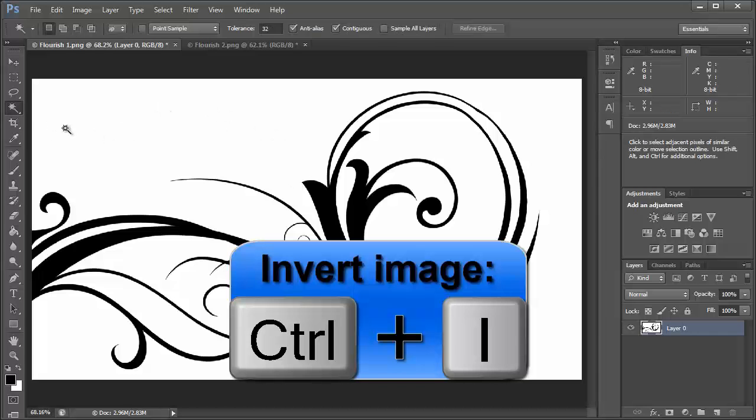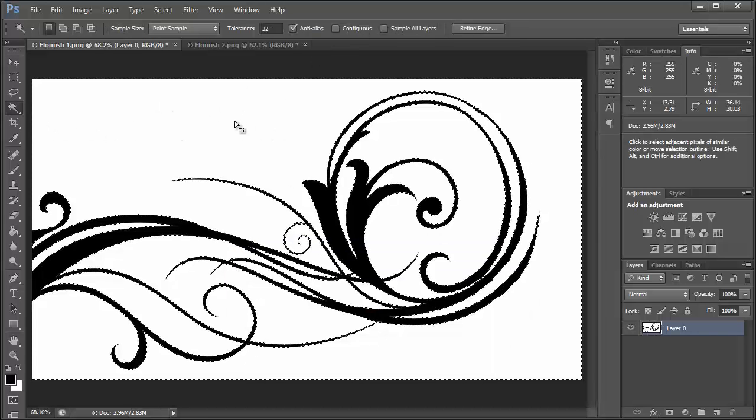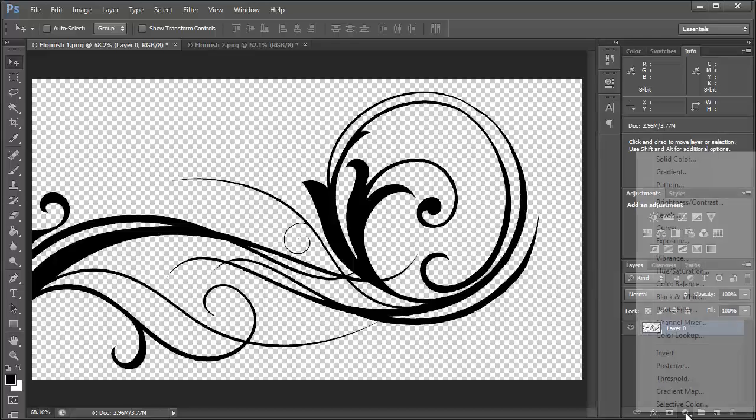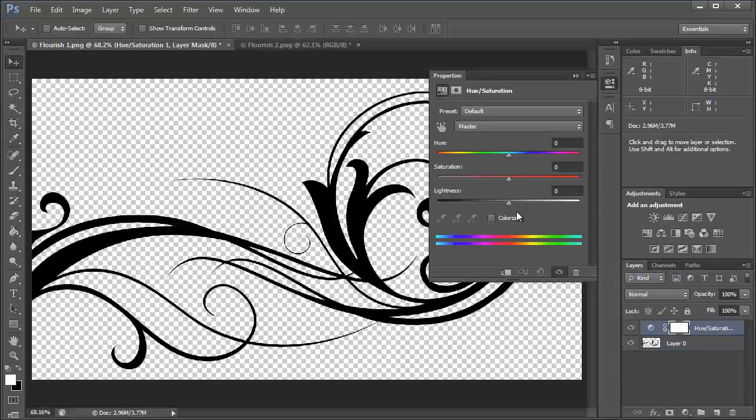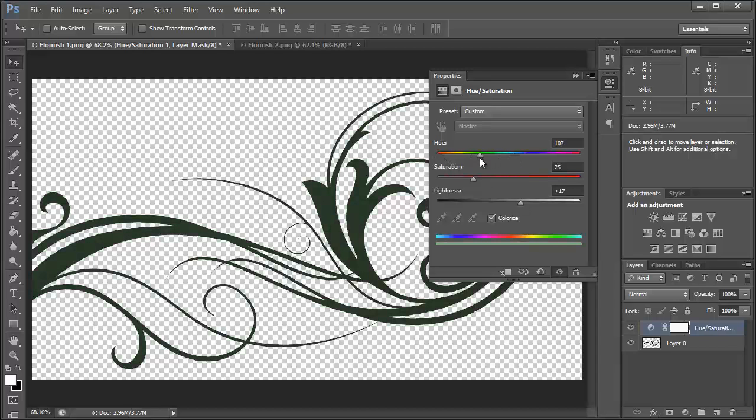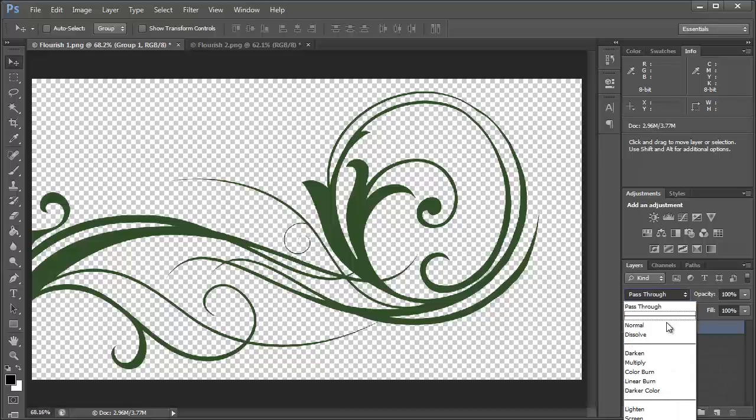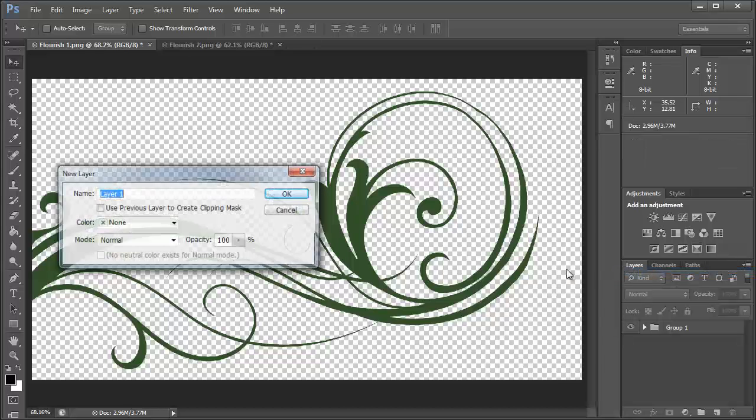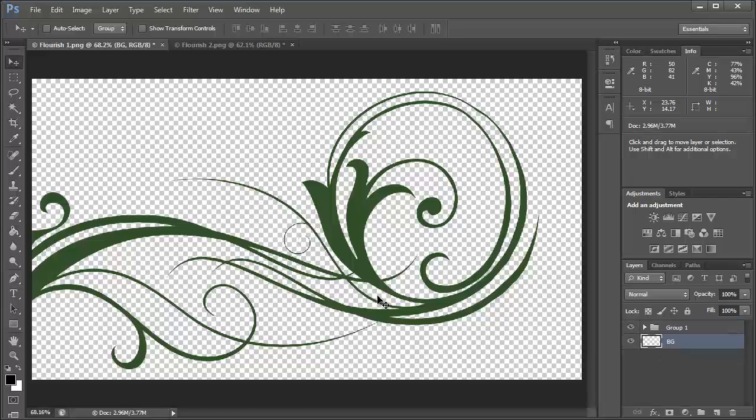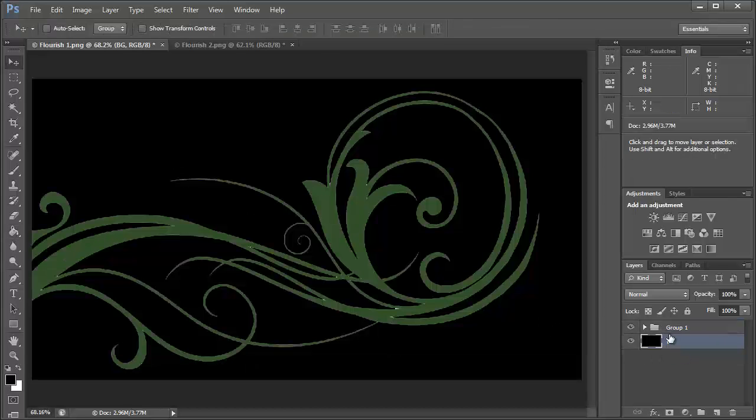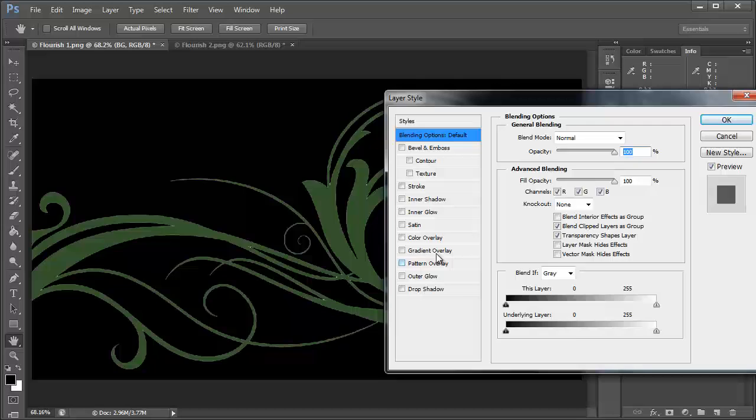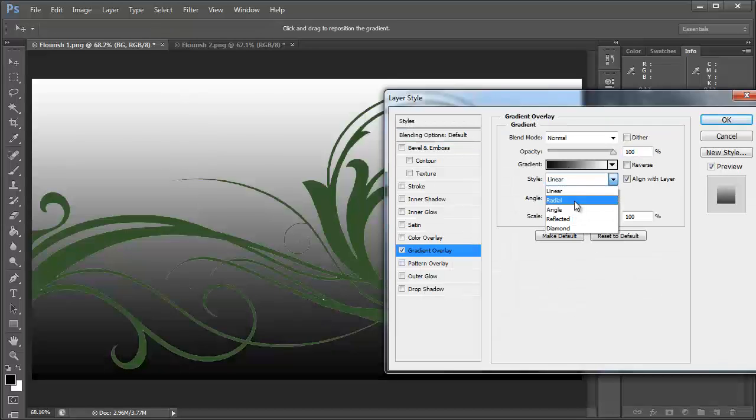Invert, wand, contiguous off, click, delete, create a new adjustment layer, hue saturation, colourize, turn up the lightness a bit, find a colour we like, green, saturation, play with that a bit, that's fine. Hide this, control click, drag these into a new layer, change this mode to normal, create a new layer, background, put it on the back, grab the fill tool, fill it, right click, blending options, gradient overlay, change it to radial,